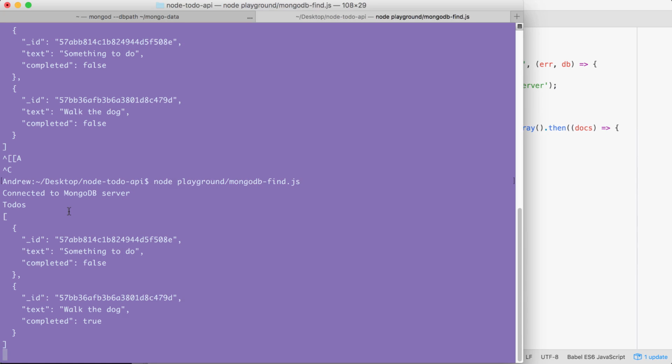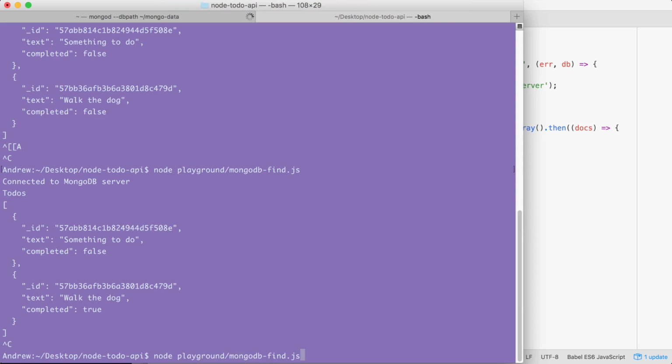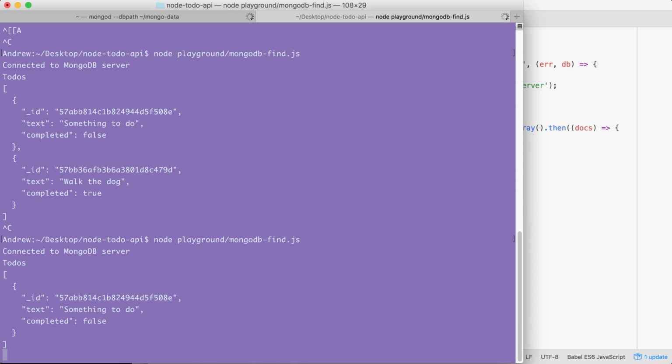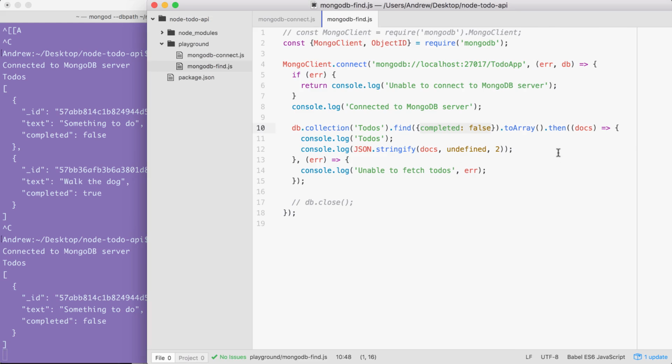If I rerun our script over in the terminal after shutting it down, what do we get? We get just our one to-do item. We have our item with the text equal to something to do. It has a completed status of false, so it shows up. Our other to-do with a text of walk the dog, that is not showing up down below because that one has been completed. It doesn't match the query, so MongoDB does not return it. This is going to come in handy as we start querying our documents based off of completed values, text properties,